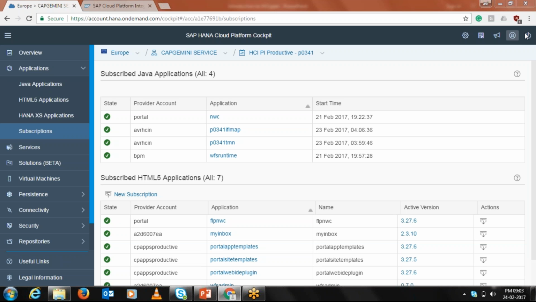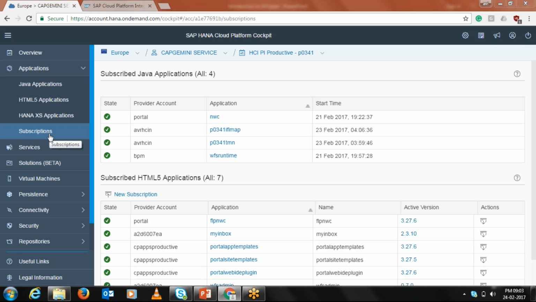As soon as you log into this page, are you able to go back to where we started today? I have started from here only. I just went directly to the HANA Cloud Platform cockpit, and under this I went to the subscription. You need to log in using the S user ID against which you have got the access, and click on the subscription line. Under application, you need to click on the subscription.